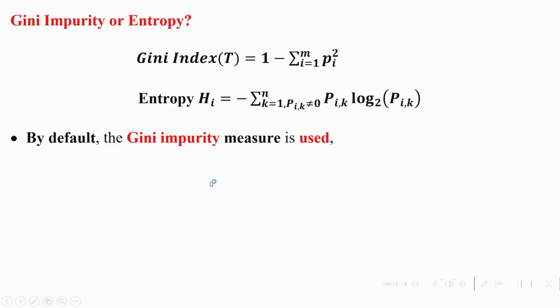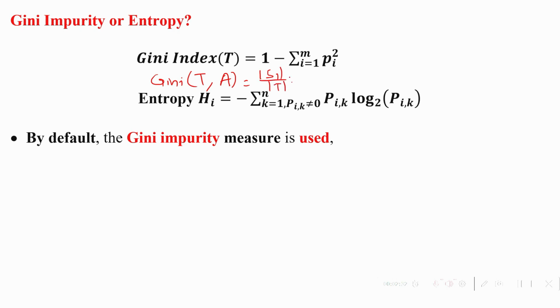Now here the Gini impurity, or Gini index, is found with the help of a formula: Gini index of the target variable equals 1 minus the sum over i equals 1 to m of p_i squared. That means we find the Gini value of the target variable with respect to each and every class variable or attribute. Then there is one more thing, called the Gini index of the target variable with respect to the corresponding attribute value, which equals